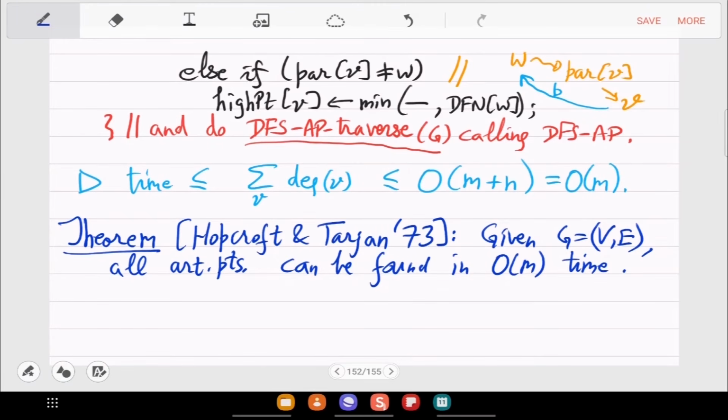Okay, so linear in the size of your graph, which is given by adjacency list, remember. Linear in that much, you can actually find all the articulation points, and hence you have an algorithm for biconnectedness.